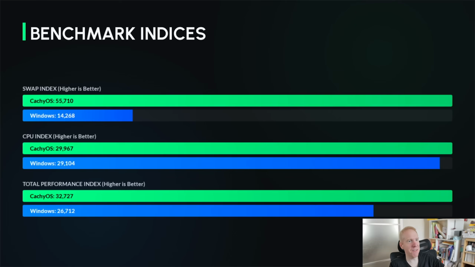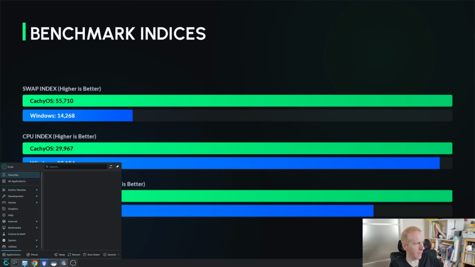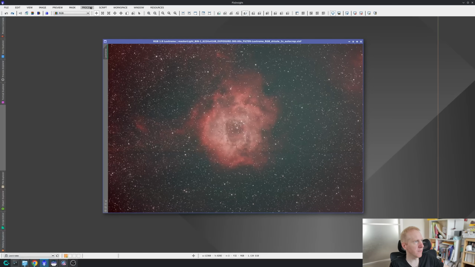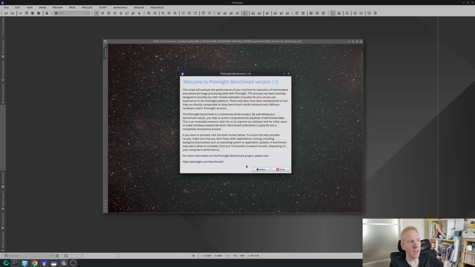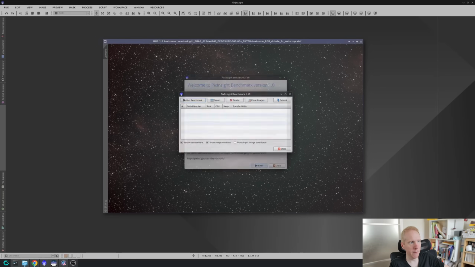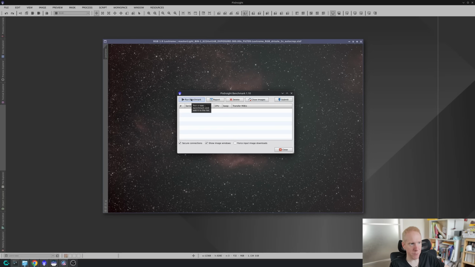Then we have the benchmark itself. PixInsight has a benchmark. If you go under PixInsight, I believe, script, benchmarks, you have the PixInsight benchmark here that you can run and then upload your results online if you want. You would just click run benchmark, and then you click on submit as soon as you have 3 benchmarks. So you need to run it 3 times, then click on submit, and that will put an entry